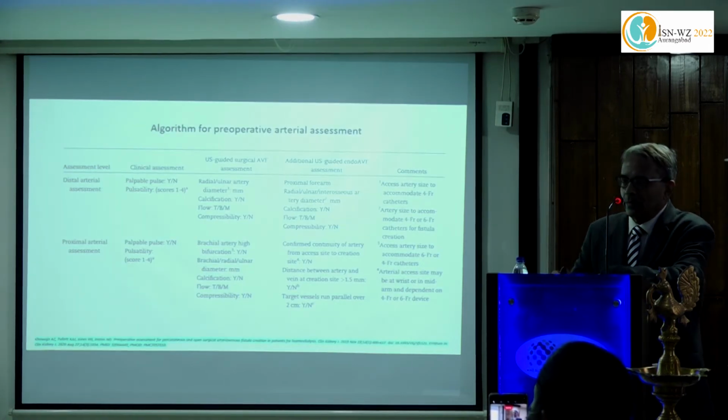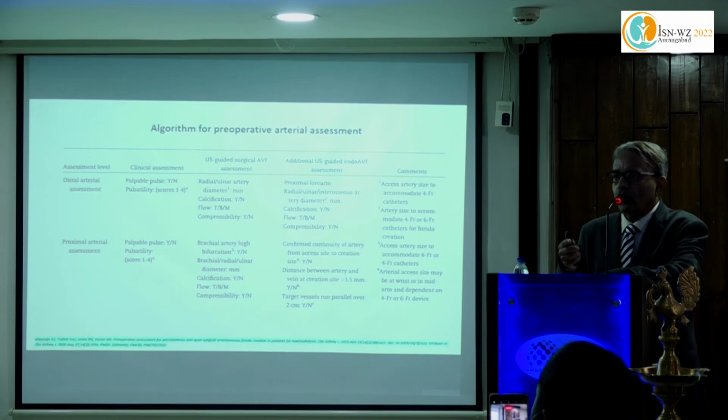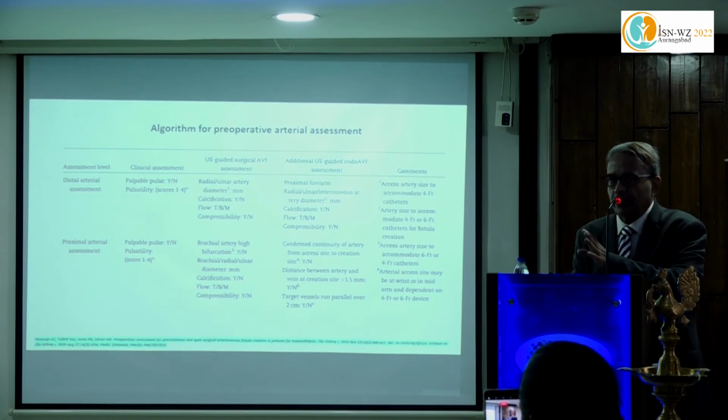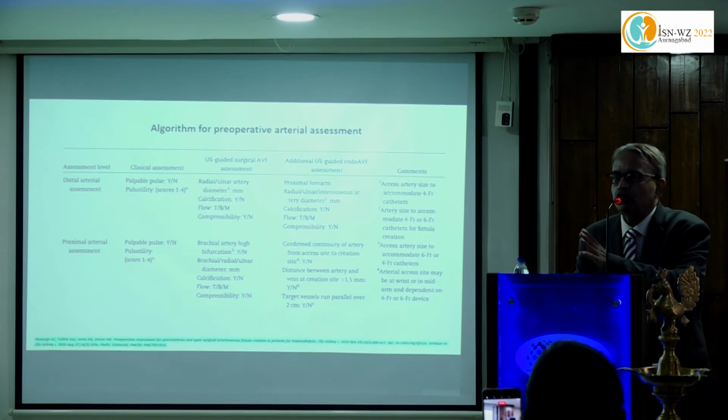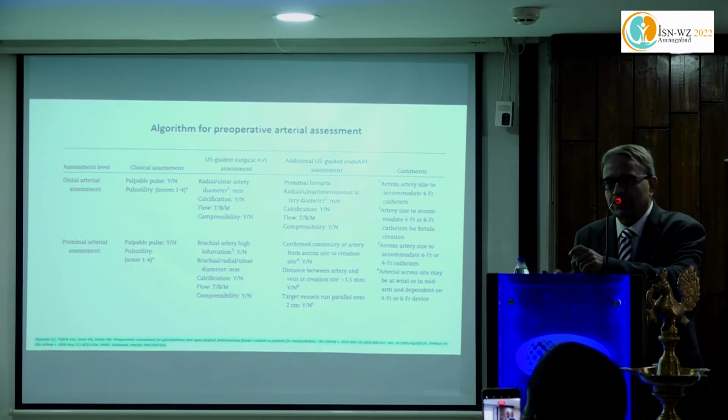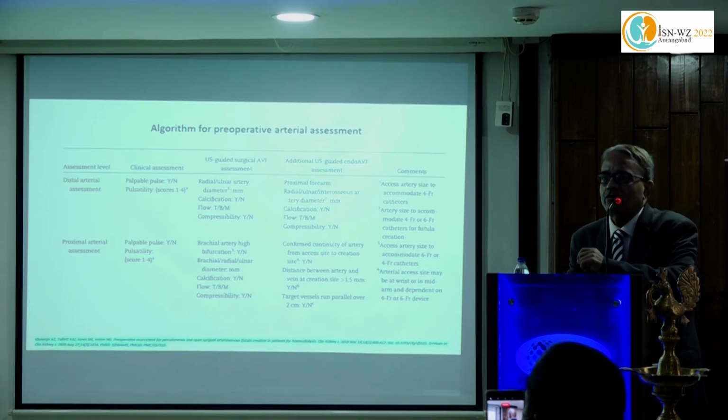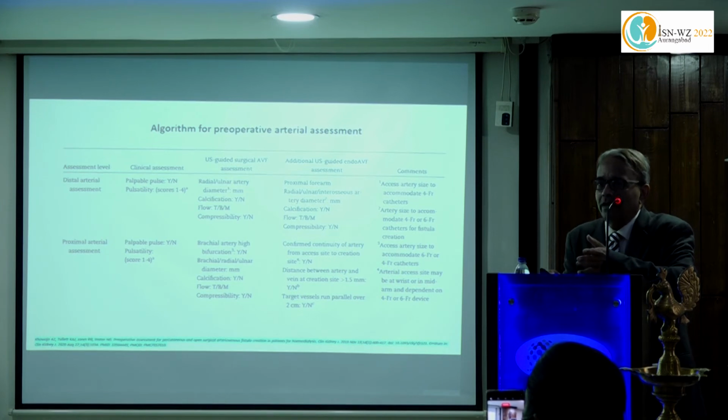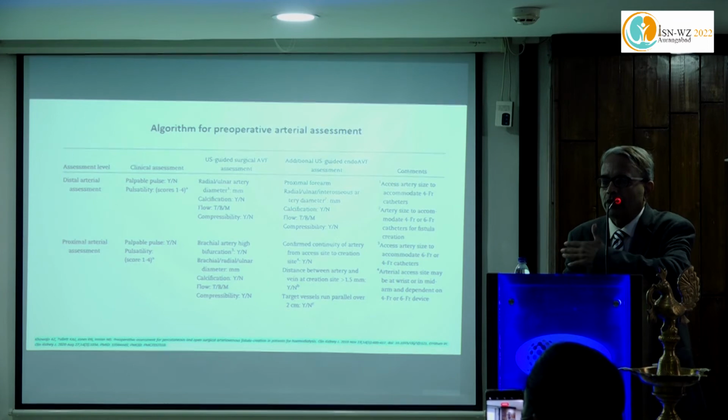The algorithm needs to be recorded for consumer court protection against nephrologists, because you need to record the palpable pulses in all possible areas, then pulsatility and resistivity of the pulse. In case you fail, primary failure or secondary failure, somebody can sue you, and then if you have maintained